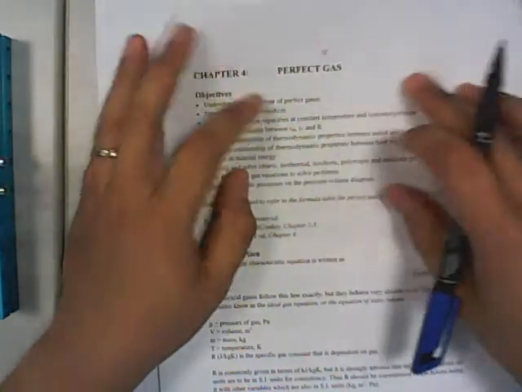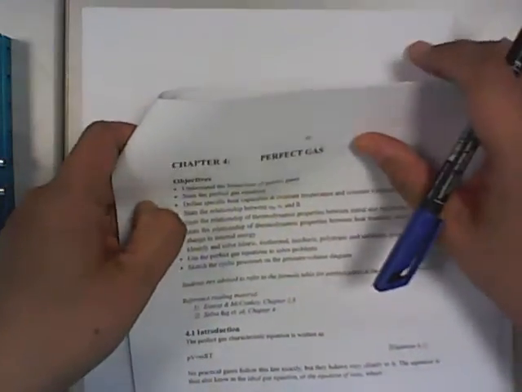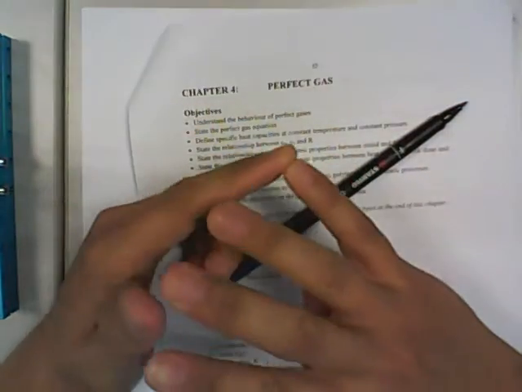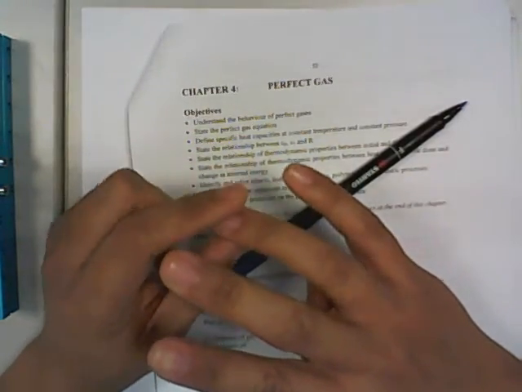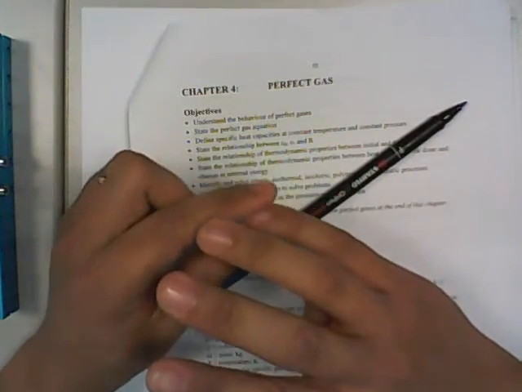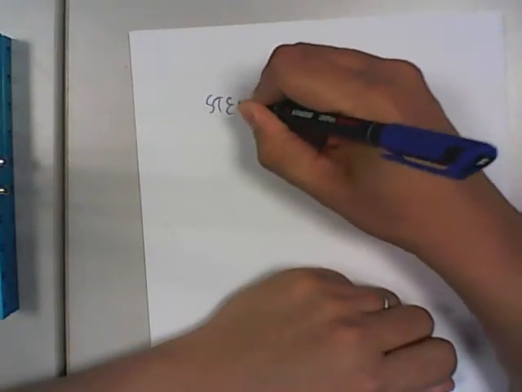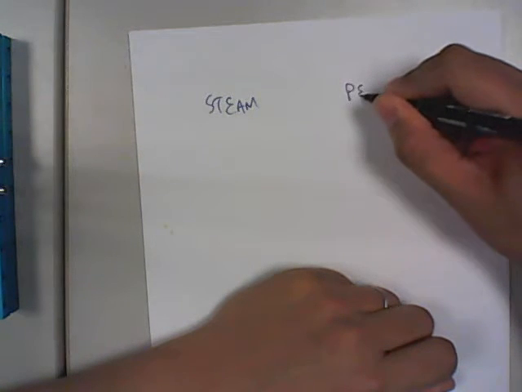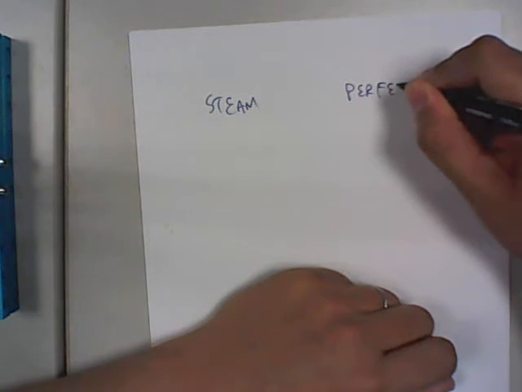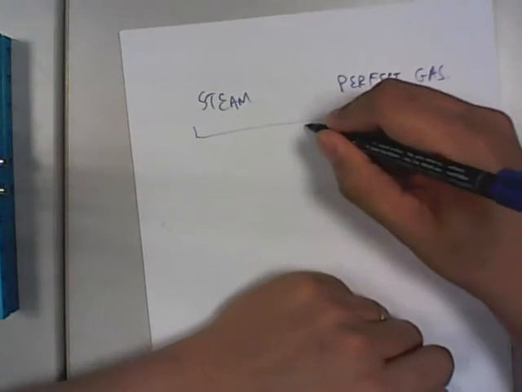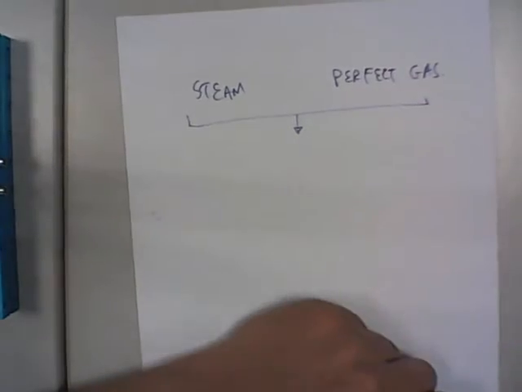Okay, before I begin, I'd just like to say that for this term, there are a total of four chapters, right? Chapters 2, 3, 4, and 5. The two main chapters are 4 and 5, okay? Perfect Gas and STEAM. But chapters 2 and 3 are the supporting modules, okay? Because for this term, you have STEAM and Perfect Gas. Okay, the idea of 2 and 3, right, is to support you with the fundamental knowledge before you can